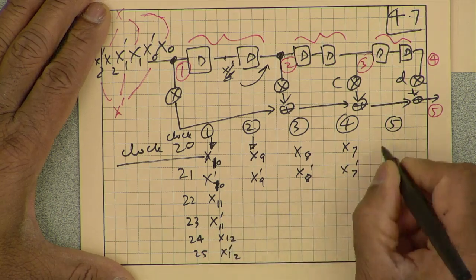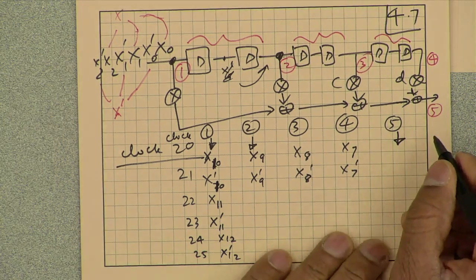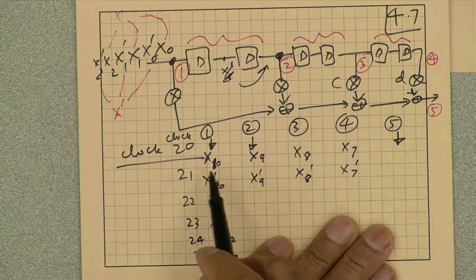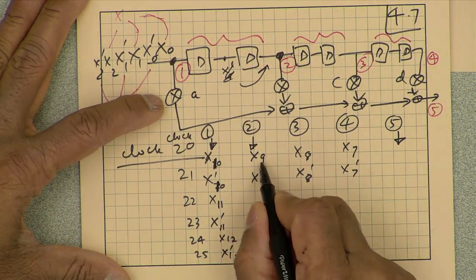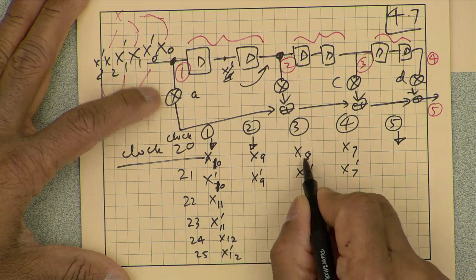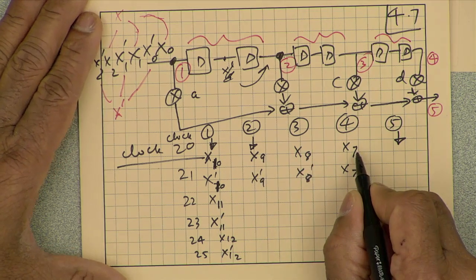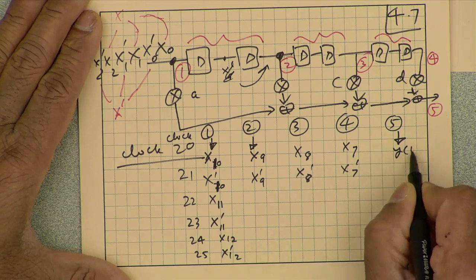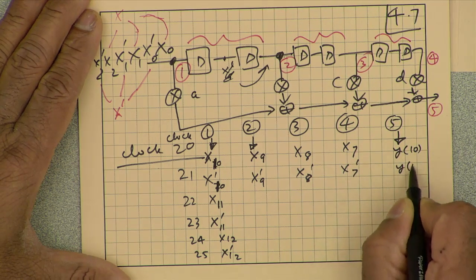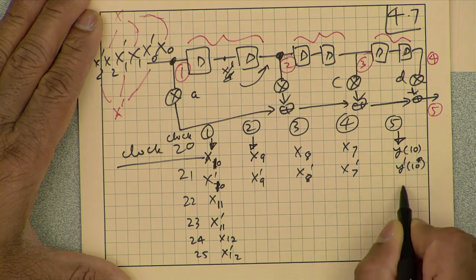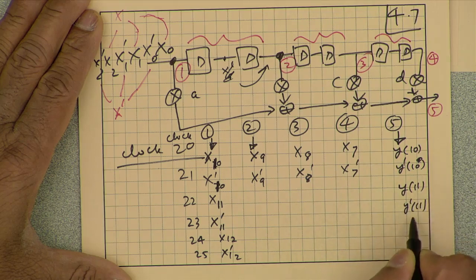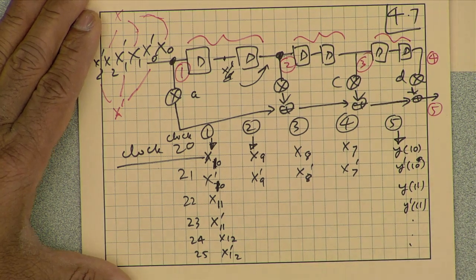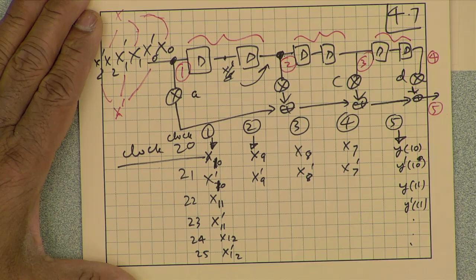and at node 5. So, if you look at what we are computing at node 5, it will be A times X10 plus B times X9 plus C times X8 plus D times X7, that would be Y10, and this would be Y prime 10, and at clock cycle 22, Y11, 23, Y prime 11, etc. So, now you can see that these signals are lining up correctly, so that we are not computing garbage.